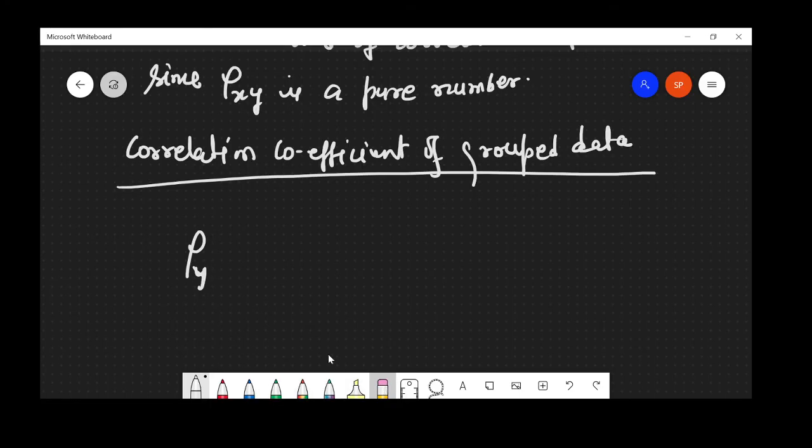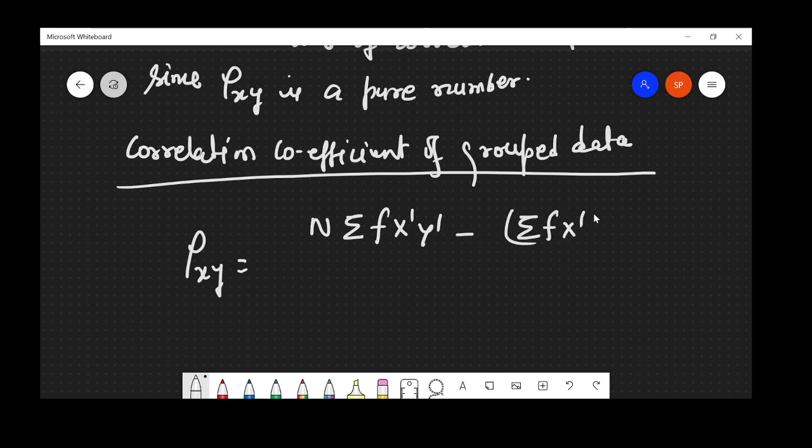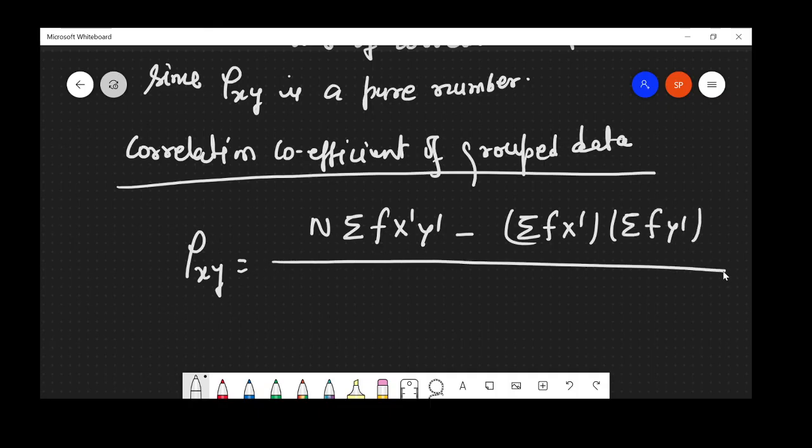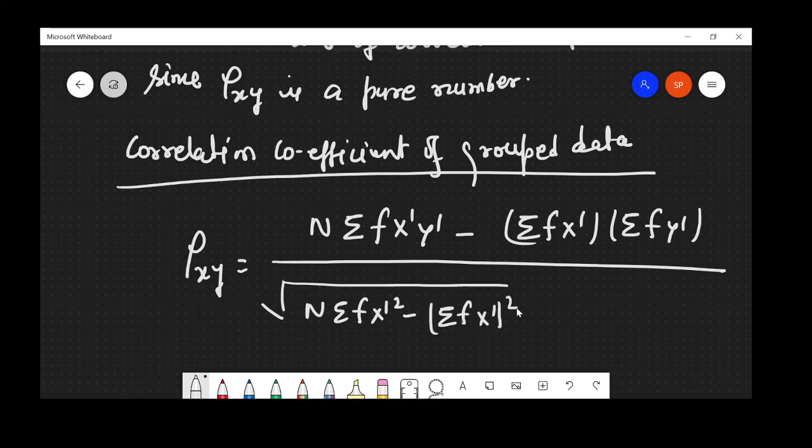Here we write the formula, rho xy is equal to N summation of f x dash y dash minus summation of f x dash into summation of f y dash, divided by under root of N summation of f x dash square minus summation of f x dash whole square,